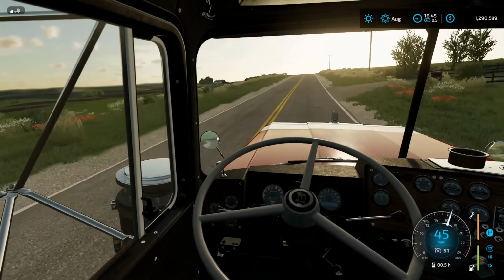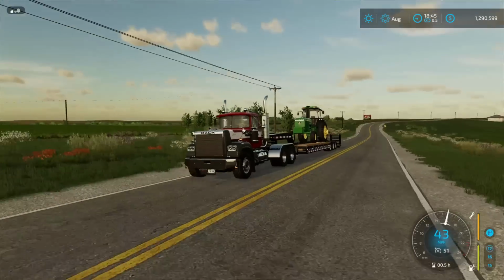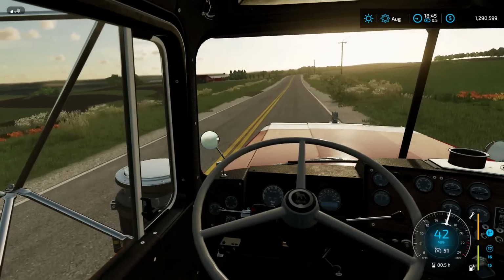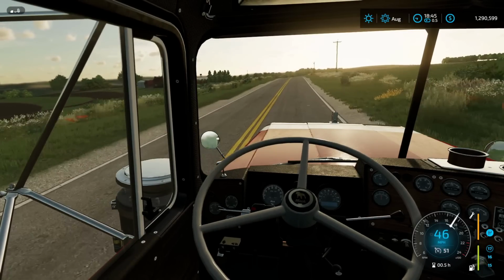Deal honestly went really well. We got the combine unloaded. They actually had the tractor ready to go, so we currently have that 4755 with us in hand. But we're going to head our way back to the dealer, Holland & Sons, close up shop,